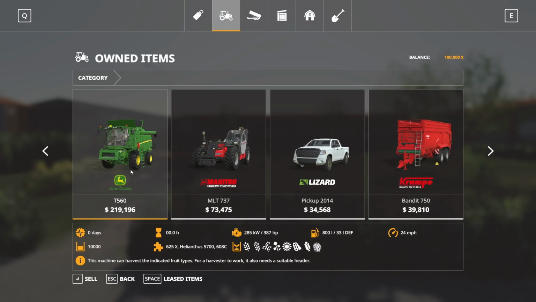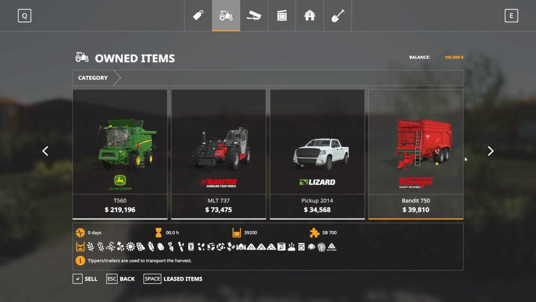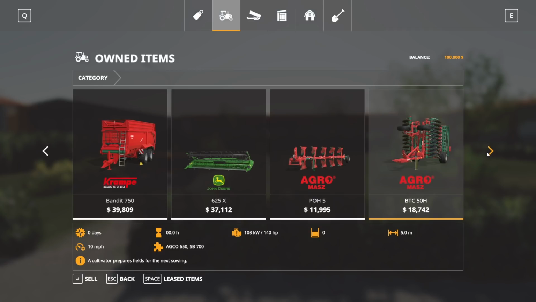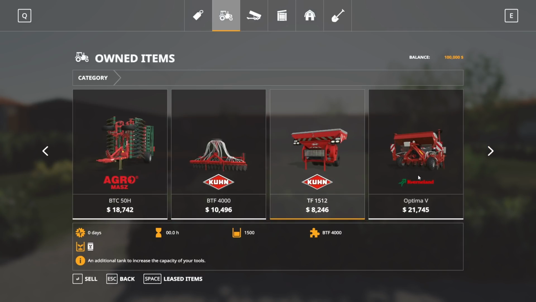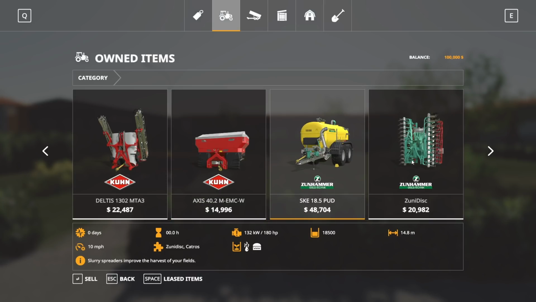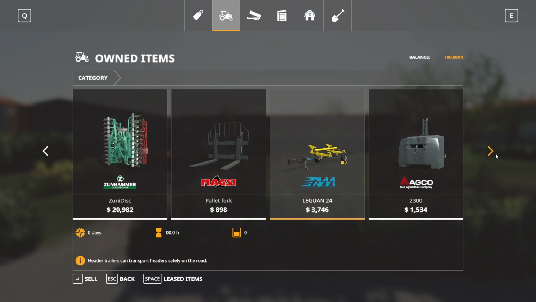Then we also have a John Deere Harvester T560, a Manitou MLT 737, a pickup truck, a trailer, a second trailer, a grain header 65X for the John Deere, small plow, a decent size disc harrow there, a cultivator, a small seeder. We also have a small planter. You have a fertilizer sprayer and herbicide sprayer, a fertilizer spreader. You also have a slurry tank. You have a pallet fork, header trailer,